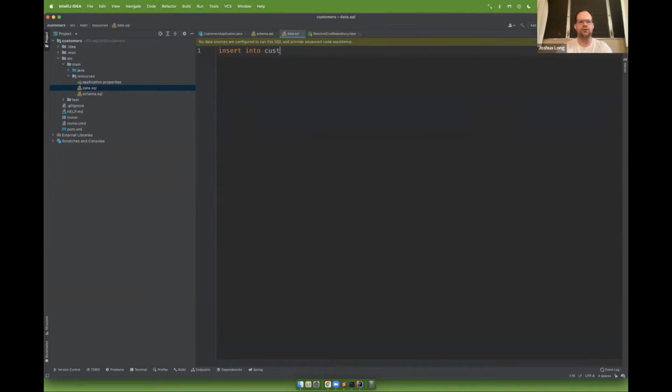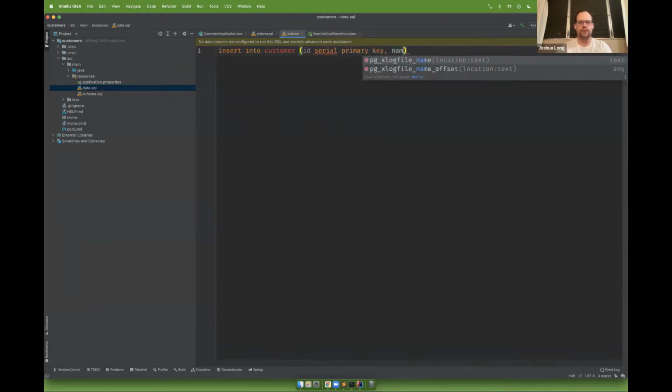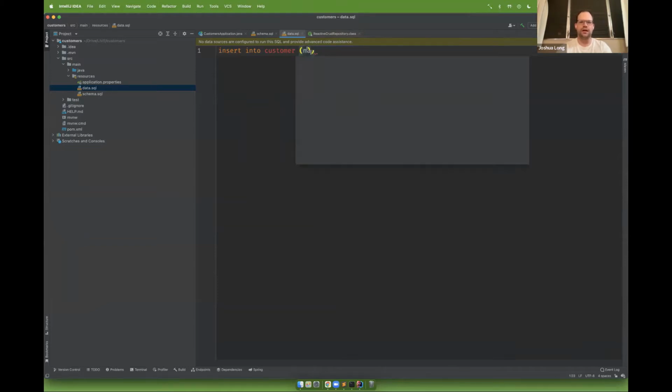So we'll say create table customer, id serial primary key, name varchar 255 not null. Oops, so what am I doing? Insert into customer name, and then I'm going to put the names of different people. Okay, so